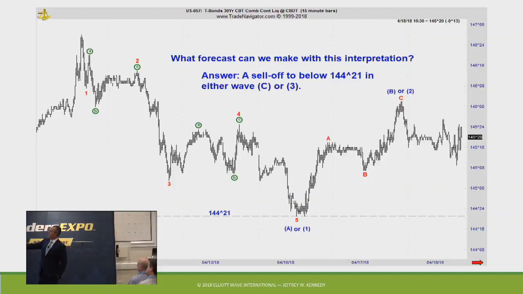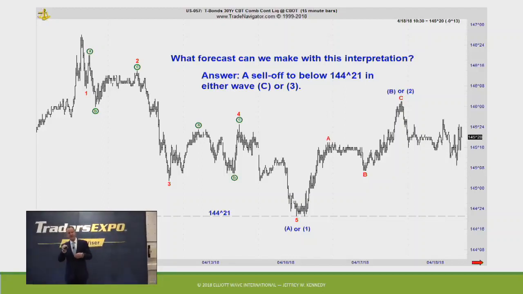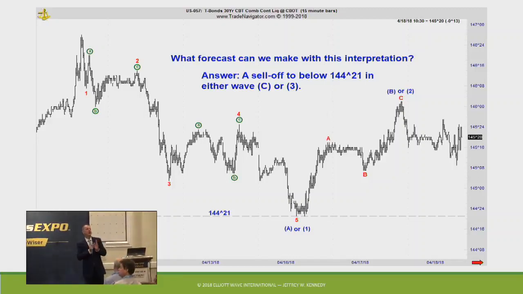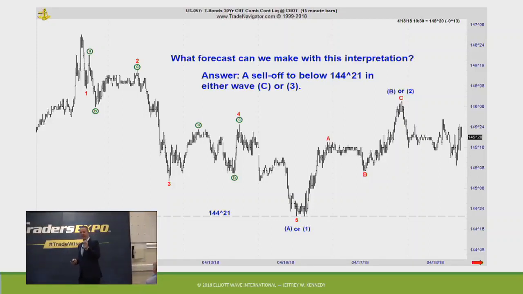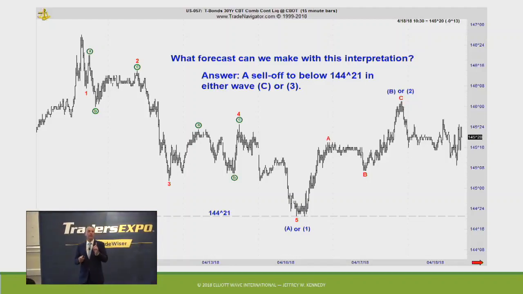Okay? Well, if this is a 5-wave move for wave A, typically what we see in wave C is a more shallow slope. This isn't in the book if you want to write it down. It's a good tip. When you're working a zigzag, the slope of wave C, more often than not, will be more shallow than what was experienced in wave A. If you're working a flat correction, then wave C, oftentimes, will be steeper than the angle of ascent or descent of wave A. So that's a nuance. That's something that you basically pick up after years and years of looking at charts and counting waves till you're crazy.